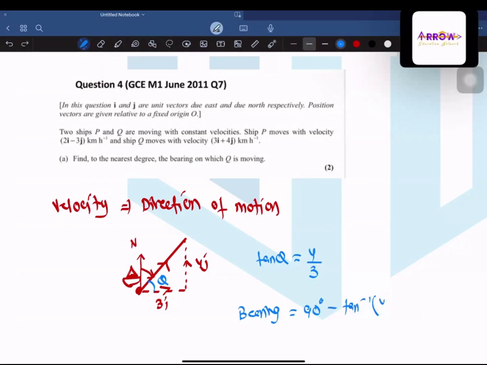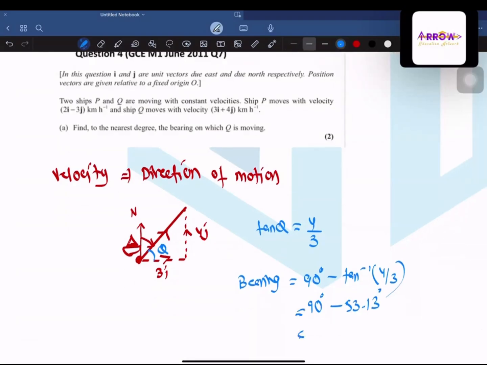Okay, tan inverse 4 over 3. So what is the value of tan inverse 4 over 3? This is 53.13. So 90 minus 53.13 is supposed to be 36.87 degrees. Okay, and the bearing would be